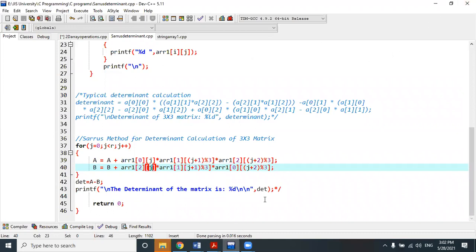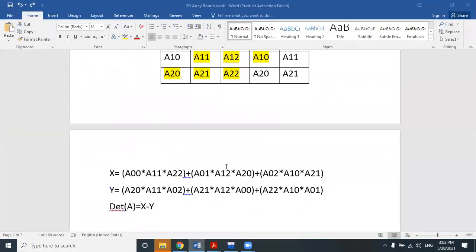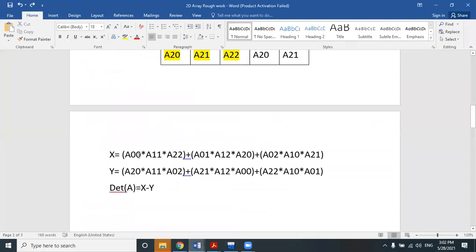Now look at the J in this example. How has the J been changed? In the first term, J is 0, 1, 2. In the second term, J is 1, 2, 0. In the third term, J is 2, 0, 1. So the J term does not exceed 2 at any time, but no common logic is found here. J is changing differently for the items. We cannot find any logic here.